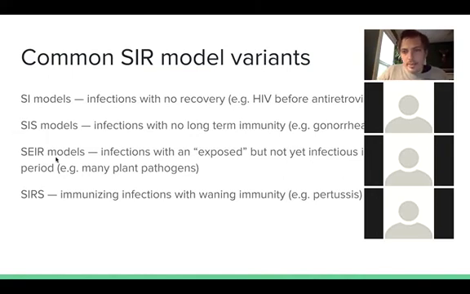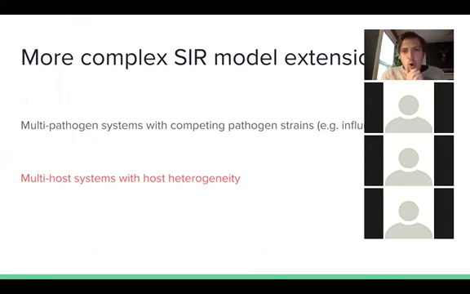What I also wanted to talk about today, though, is a more complex extension of these SIR models that considers the possibility of there being multiple different pathogens circulating in the same population. We'll skip these today because they get quite complex, because these different pathogens interact with one another through immunity in the host population. So instead of just keeping track of the number of susceptible individuals in the population, we have to keep track of the numbers of susceptible individuals for every single pathogen type. And instead, what I want to talk about briefly today are